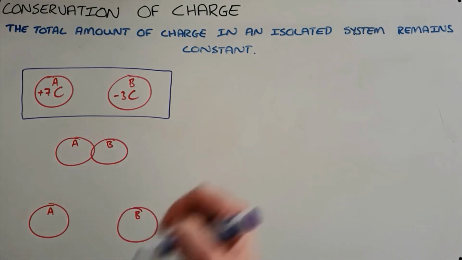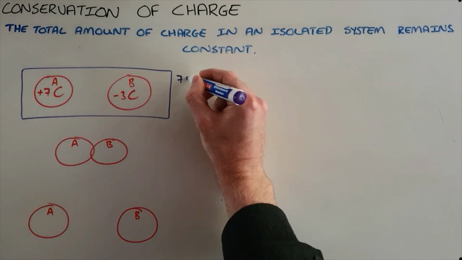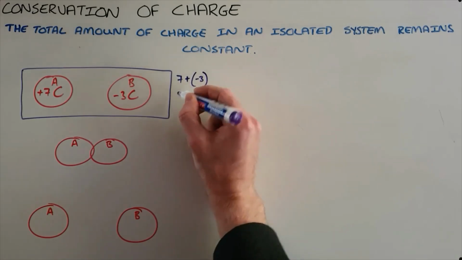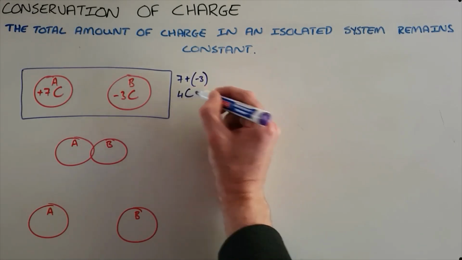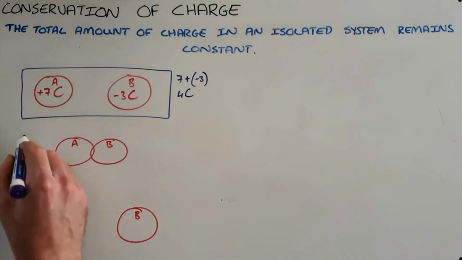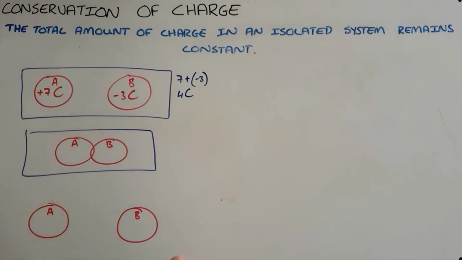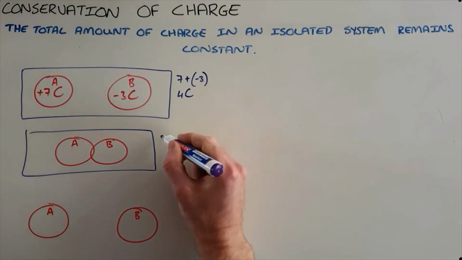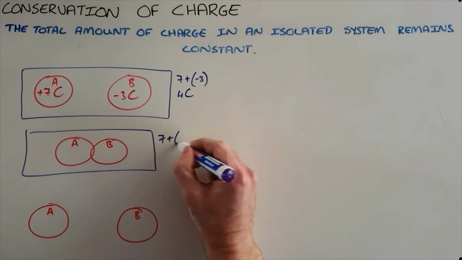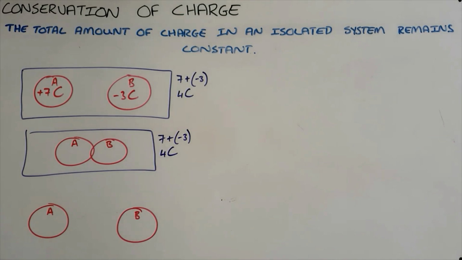And so what we can see is that the total amount of charge here is equal to 7 coulombs plus the -3 coulombs. The total amount of charge in this system is 4 coulombs. What would then happen is these two objects are brought into contact with each other, where they touch, and as a result of this contact they are able to share charge. So at this point we still have the total charge of 7 coulombs plus -3 coulombs. We still have 4 coulombs of charge in the system, and then these objects are separated